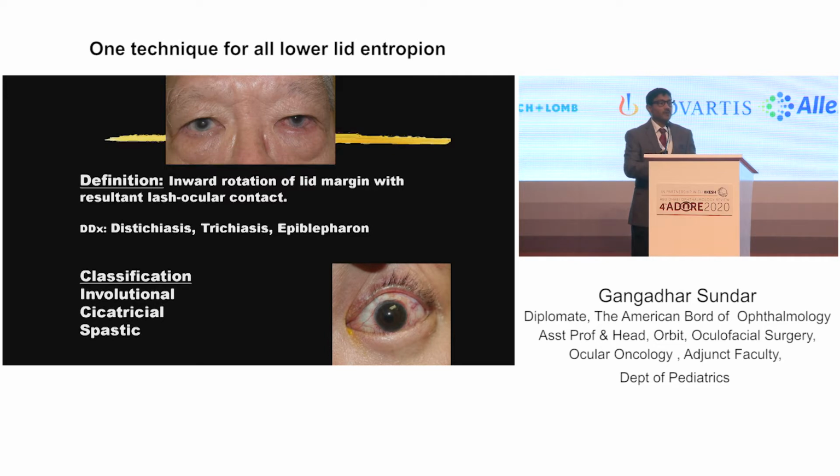So we all know about entropion. There has to be literally an inward rotation of the lid margin, not just the anterior lamella alone. Because if the anterior lamella alone turned in, then it's called an epiblepharon. And not infrequently, the lid margin is perfectly fine, but the lashes are pointing in different directions. That's where if you have an additional row, it's a distichiasis or tristichiasis, or otherwise it's a normal origin, but